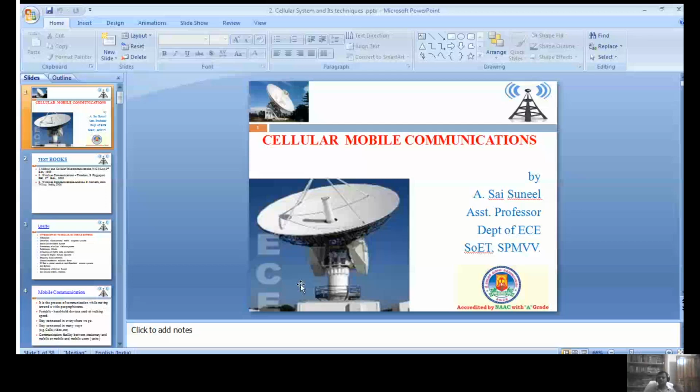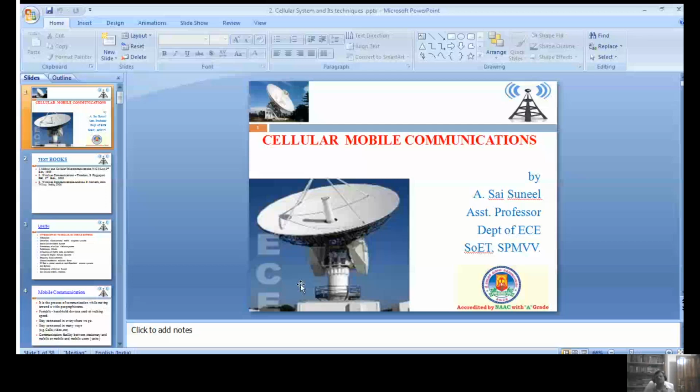The third one is the cordless phone. Cordless phones and cellular phones are both working with the principle of full duplex. But what is the difference between general landline connection and cordless phones? Here in a general landline connection, the dial pad is connected to the handset through a wire. But in a cordless telephone, the dial pad has one antenna and the handset has an antenna, without wires. It works around 50 meters like this. That is the difference between a general landline and a cordless telephone.